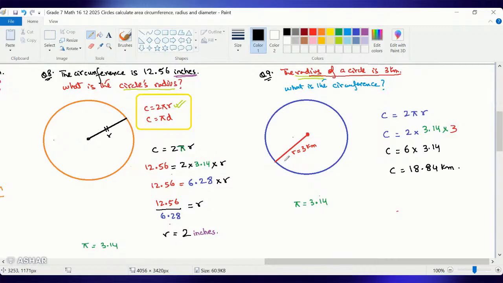It's like if a car racetrack is circular with a radius of 3 kilometers, then the car starts from this point A and goes in this direction, right? Since it's circular, it keeps on moving. Once it reaches back to the starting point A, the distance traveled by the car would be 18.84 kilometers because the radius was 3. Depending on the radius, the circumference would change. So these are some examples that we see in our